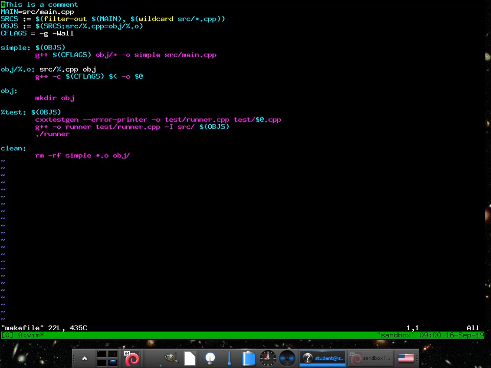So, a lot of little things, but I think we're going to stick with this for now because it keeps it simple. Are there any questions over this iteration of makefiles before we go to your next lab, which is actually not necessarily makefiles, but more about